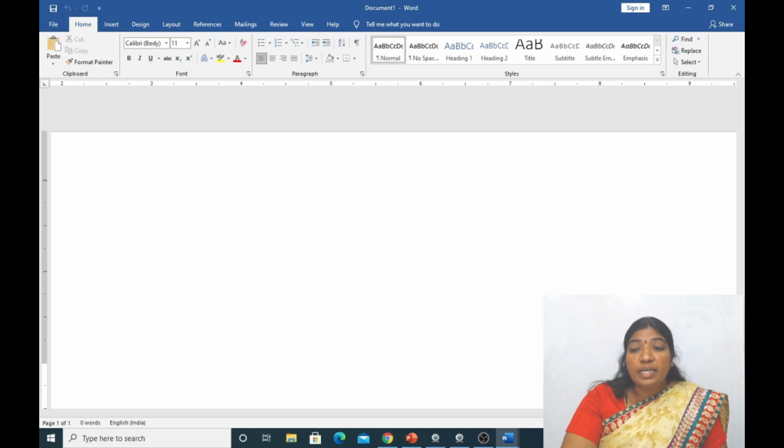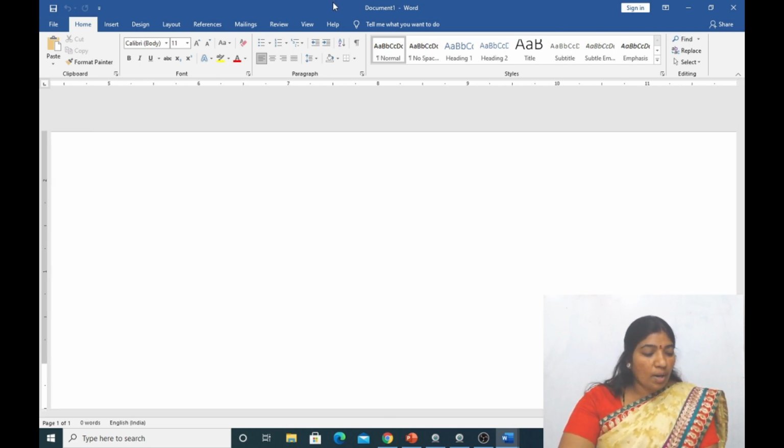Zoom out is nothing but taking the screen to the larger side, with the minus sign. Zoom in is decreasing the size of the document area. Okay, this is all about the editor we are working on in MS Word. After this is all about starting the MS Word editor.